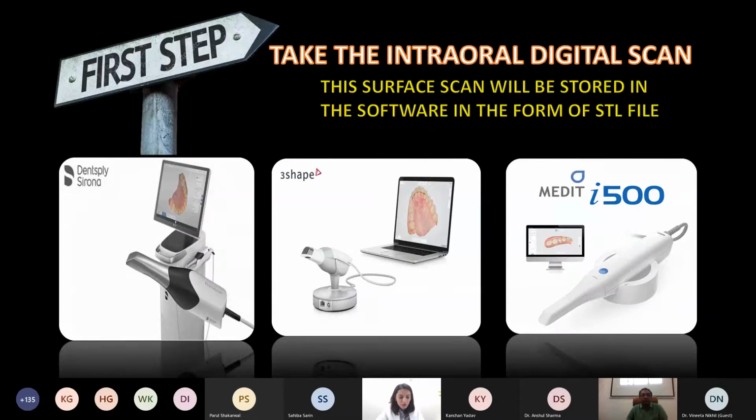After taking the intraoral digital scan, the surface scan has to be uploaded in a software which will be stored in the STL file. Now, a lot of people get intimidated with the word STL file. So what is STL file exactly? STL file is just a file format for 3D printing. Very simple, just a file format.